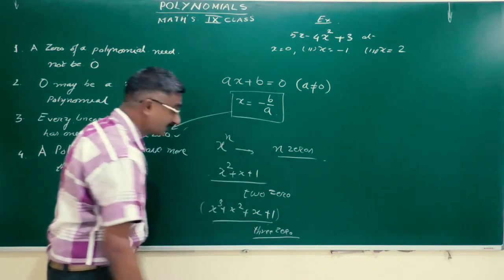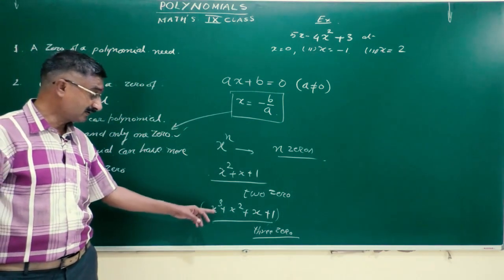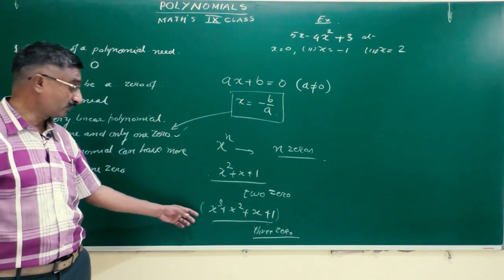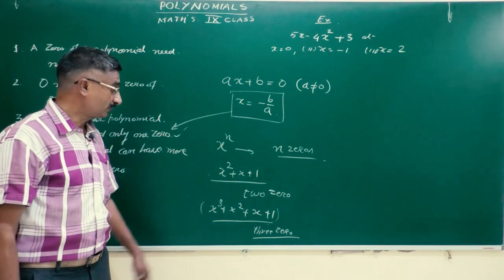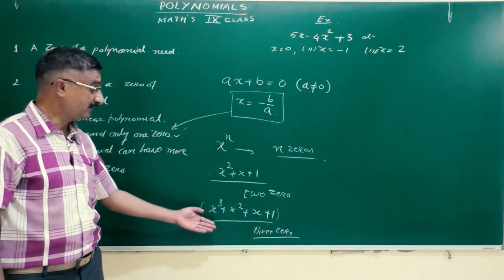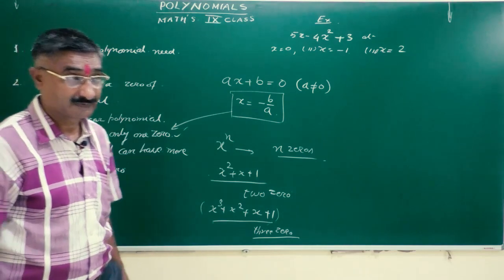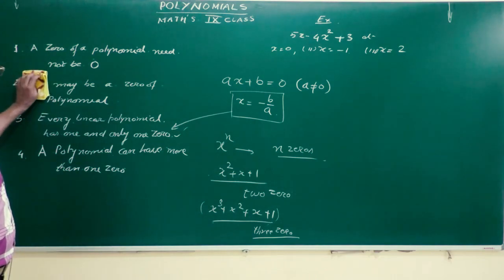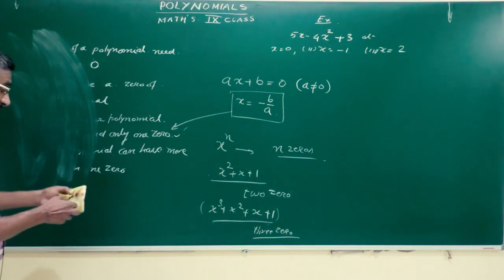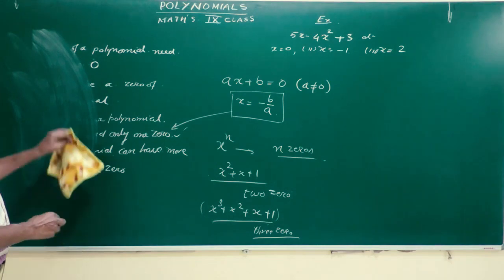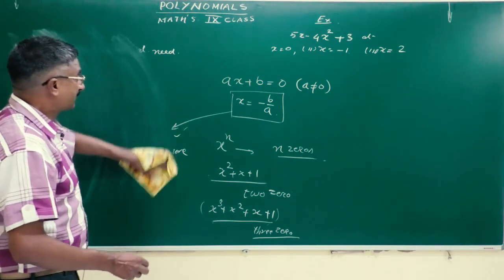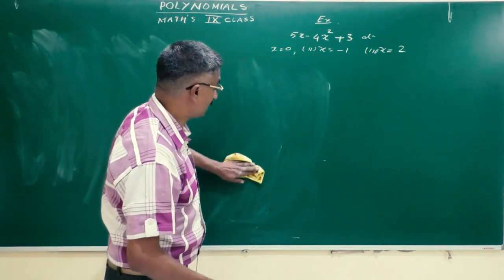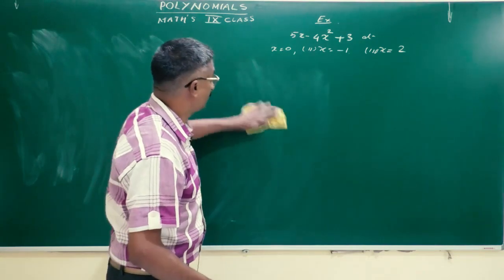So you can directly conclude that the degree of the equation gives you the number of zeros, the roots of the variable. Clear? So if the degree is 100, then you will get 100 zeros. Clear? These are the observations. You have to remember or understand these observations. We have already solved the examples yesterday, or in the previous video lecture.